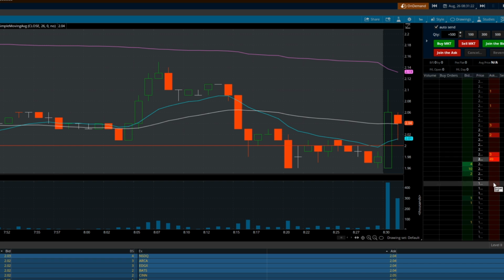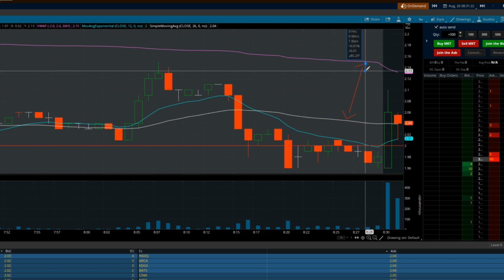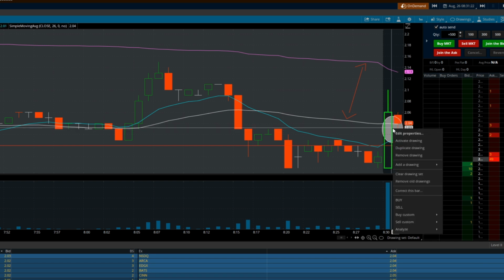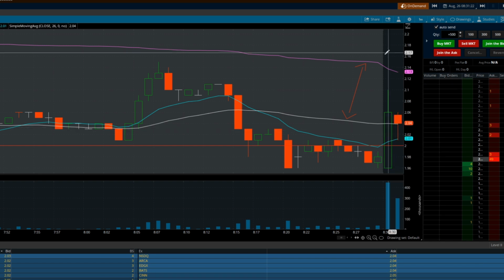We look for two things, really. We look for the white line to be above the blue line, and we look for extension away from the VWAP. So what do we have? We have extension away from the VWAP here, and we have the white line moving ever and ever closer to the blue line. So we have the 26 SMA moving closer and closer to the 12 EMA. That way, once the opening bell happens, we can essentially wait for the crossover